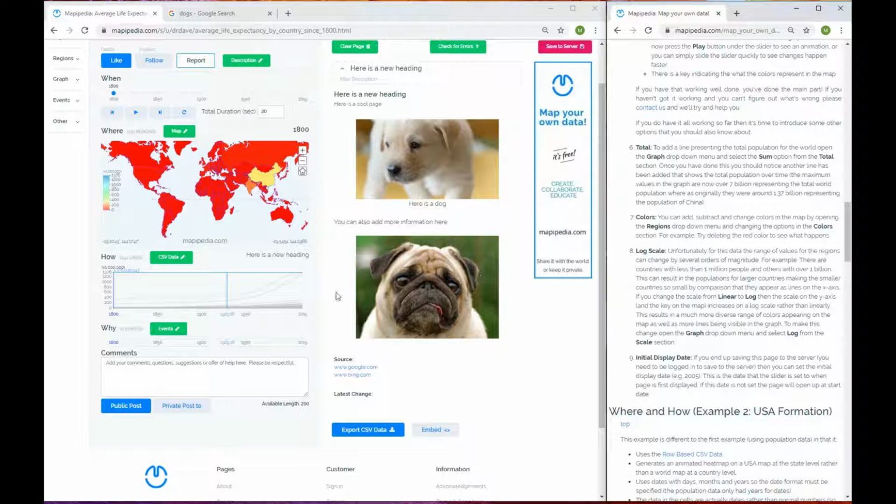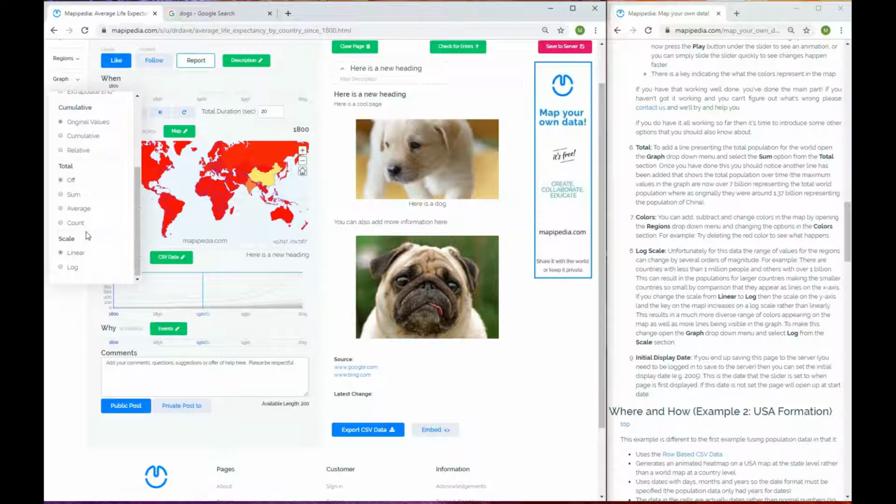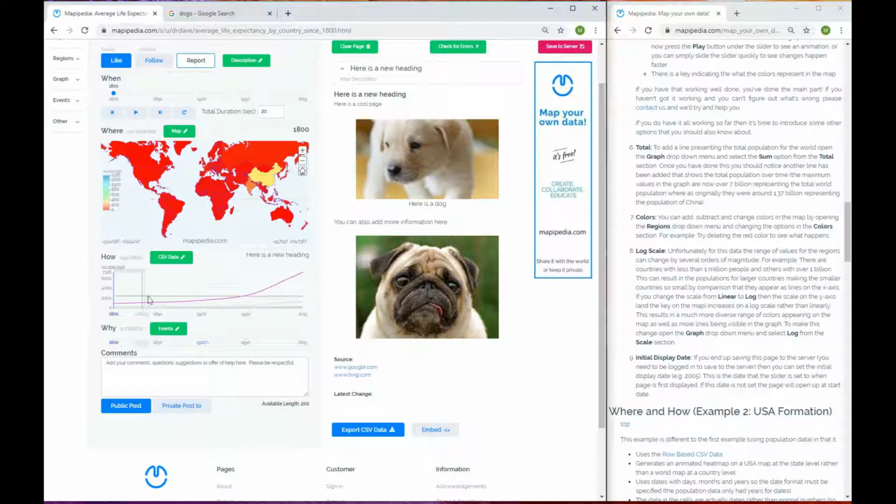So right now we can say, okay, that's pretty cool. We can see all these different countries. What's the total population? How's that been changing? Here we can do that by selecting this graph drop-down option, and we can say that we want to sum up the values. What that basically is doing is just adding up all these lines and getting a total. So we can see that the total global population was a little over 7.3 billion as of 2015, and if you look at these numbers, you can see that it's kind of doubled since about